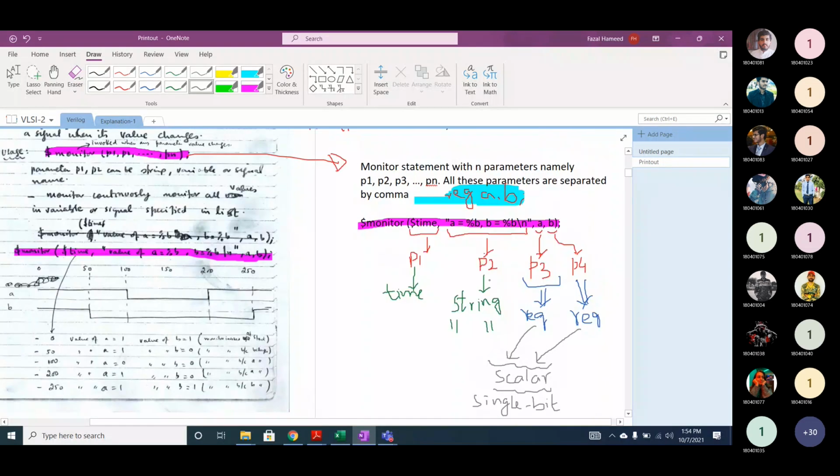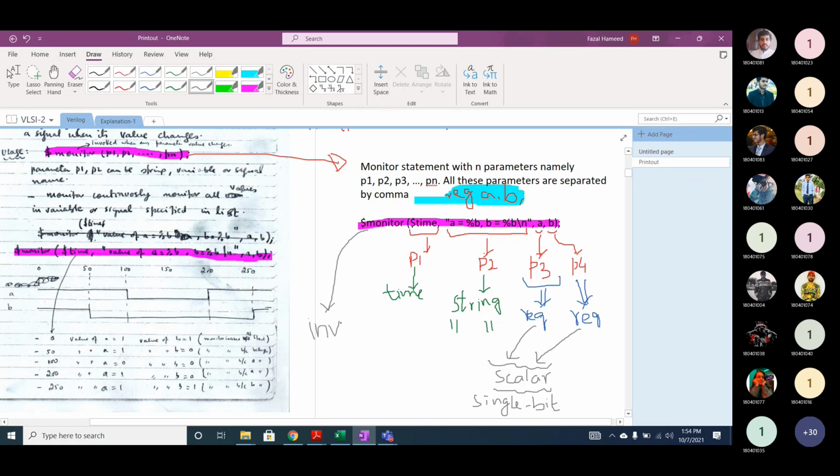Okay. Now if you look at this statement, parameter P1 is monitor time, P2 is of type string, P3 of type reg, and P4 of type reg. When will this monitor be invoked? Sir, after some time.